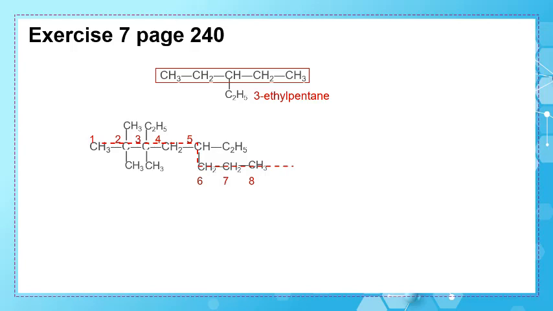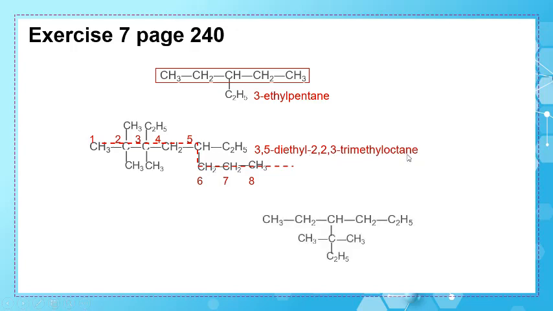We have the first ethyl on carbon number 3 and the second one on carbon number 5, so it's 3,5-diethyl. Then 2,2,3 separated by commas, dash, trimethyl, and at the end octane: 3,5-diethyl-2,2,3-trimethyl